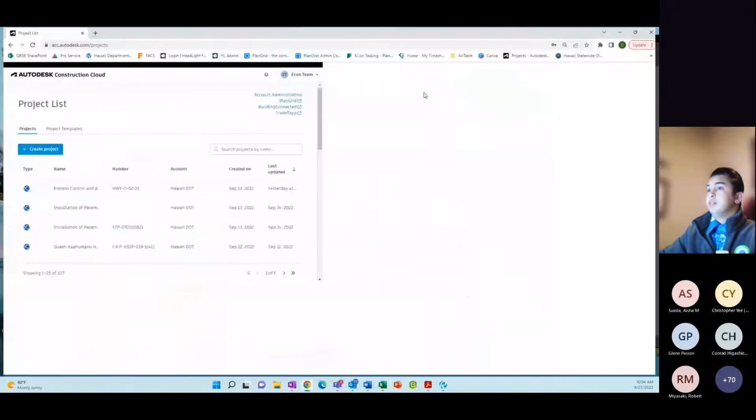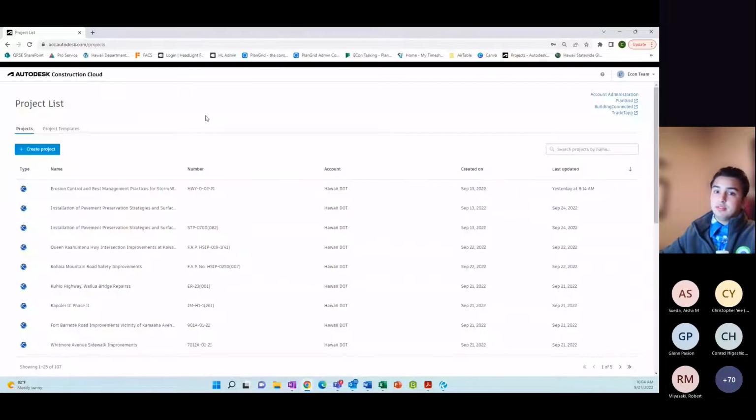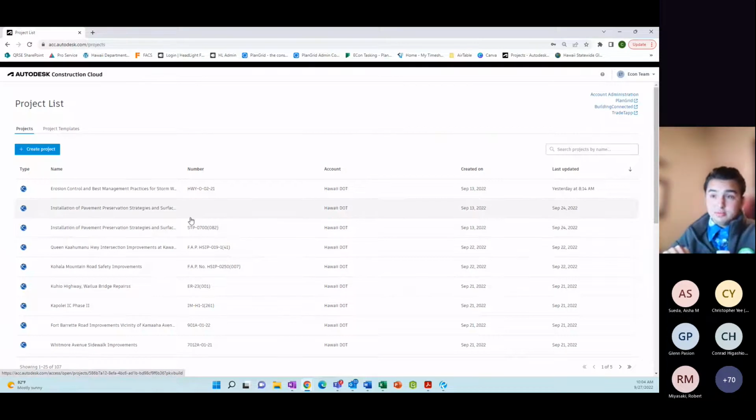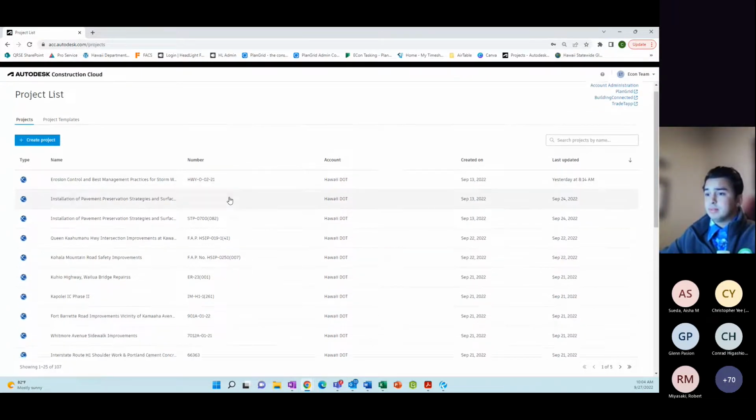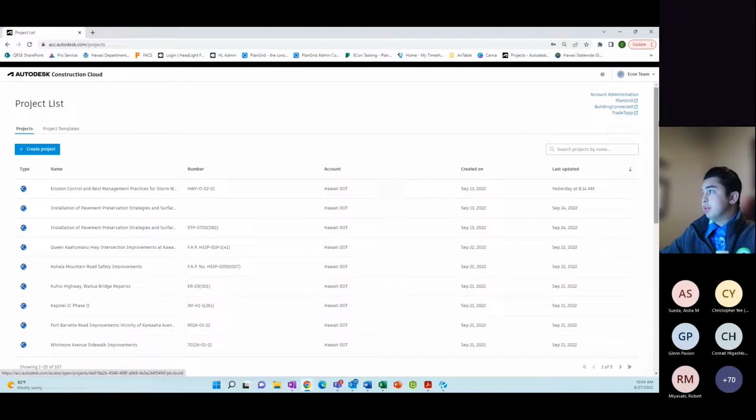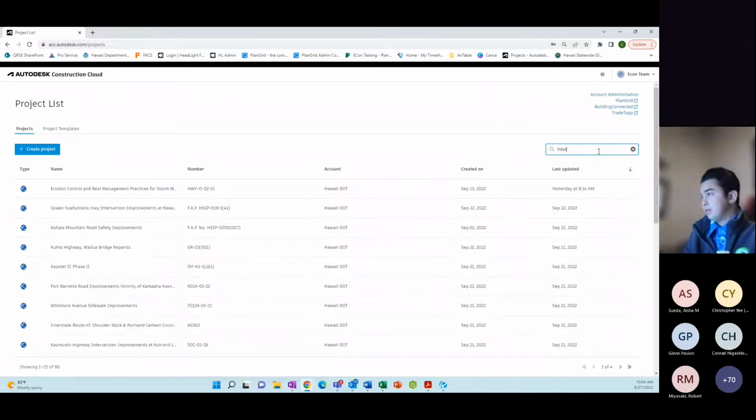So if you sign into your Autodesk Construction Cloud, if you go to the link that I will send you, and also I have sent to you before for the activation link, if you go in and you sign into your account, you're going to come up with this screen called Project List. So this is all the projects that you are on that you have been added to. So if you've been added to a project, you'll be able to see it on your project list. So if we go into our test project,